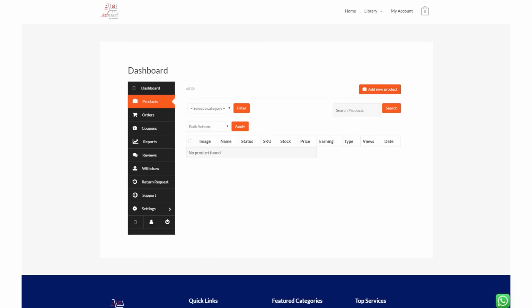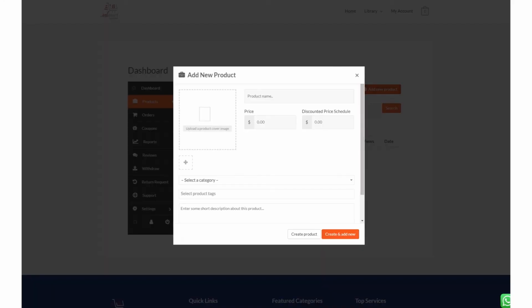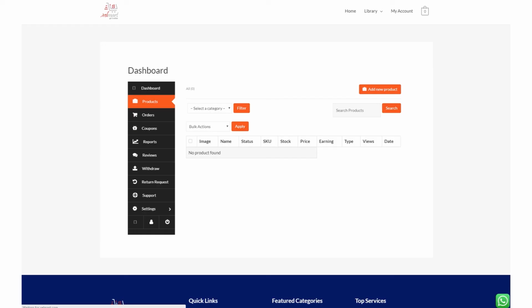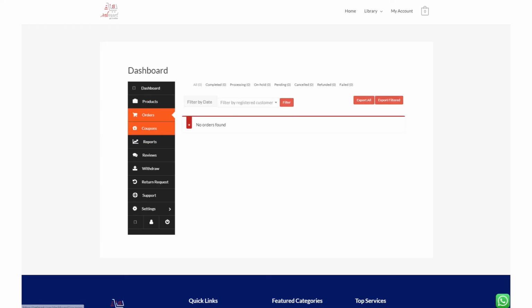Adding a product is also super easy. Click on the Add New Product button and fill in the simple form with the details of the product, then hit the Create Product button. After submitting a product to be sold, our responsibility starts to bring thousands of customers to your Zelmart site to let you sell your